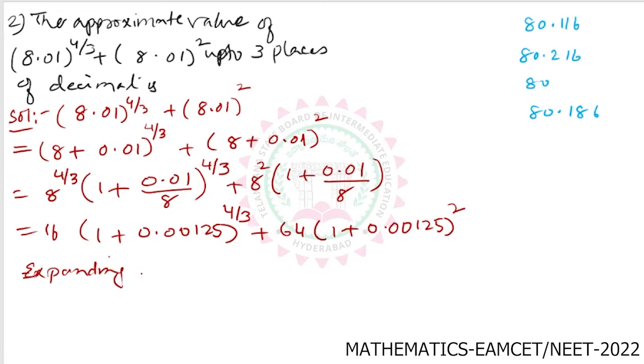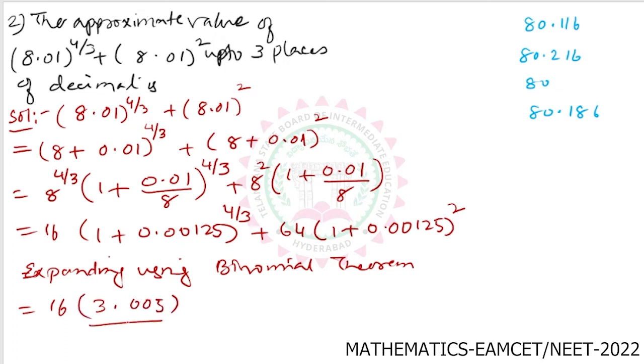expanding using binomial theorem, I don't want to write all the terms, just I want to write the first term only. So this is nothing but 16 into this 1 plus 0 is nothing but 3.005